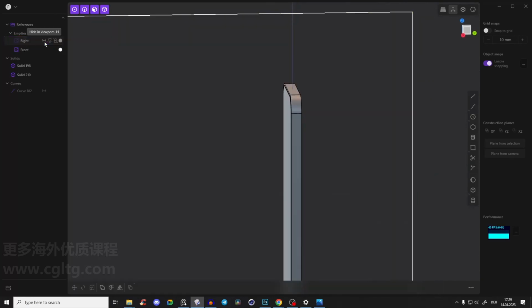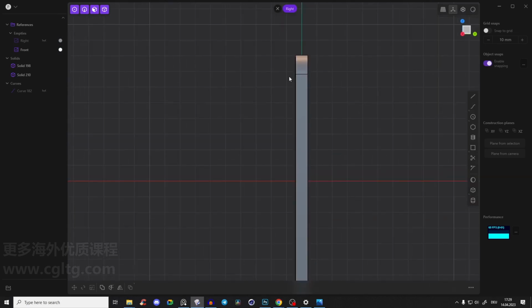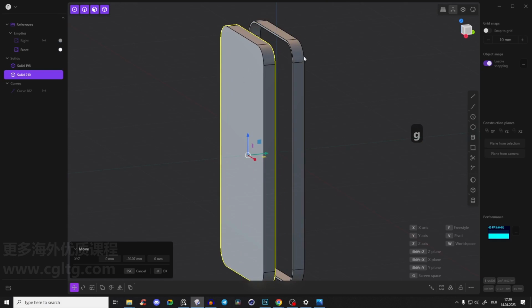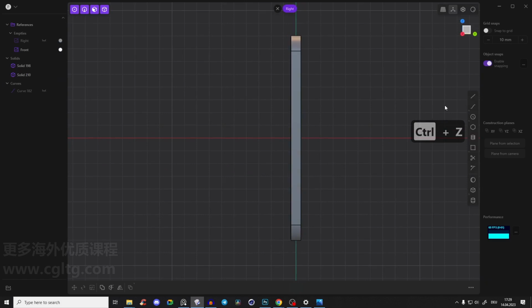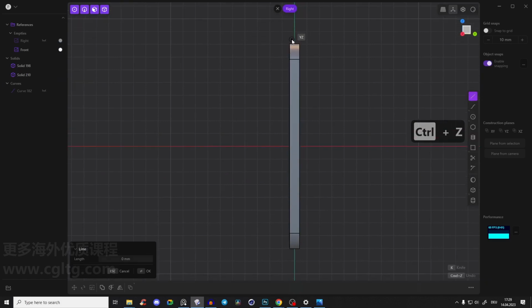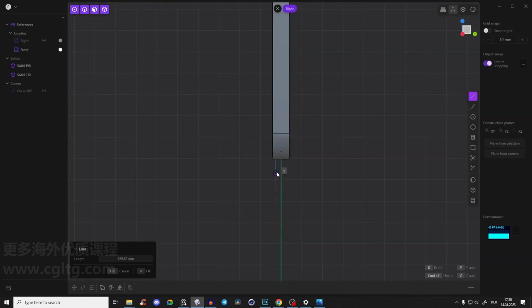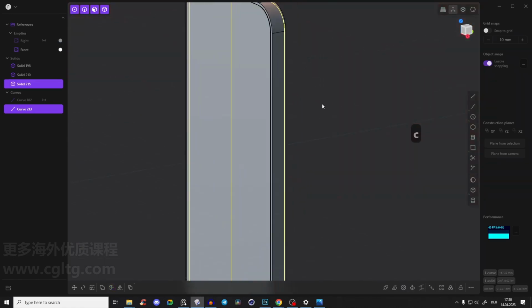So if I press on the eye, we will hide it, and I will just go here to the right view, because now this main body, like our screen, is too thick. We don't want it so thick, right? So we will just go here to the right and create a line from the top, not from the middle, a very thin line, and here to the bottom, and it will snap so it's straight. Right click, and now just press C and select this body in the middle, right click, and now